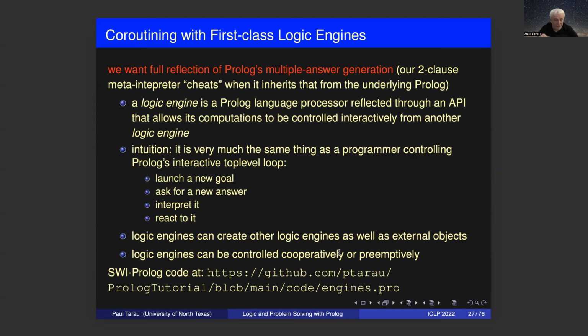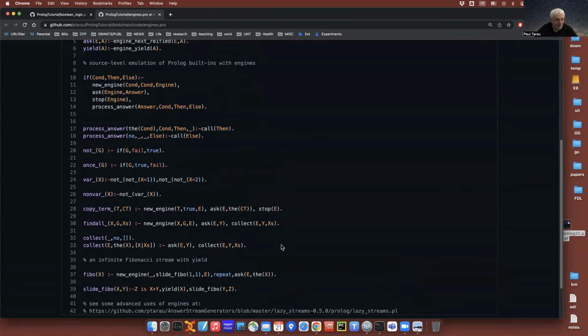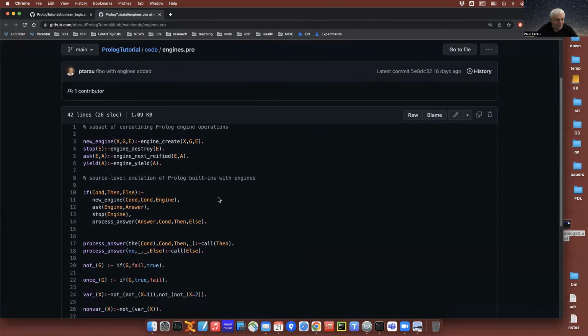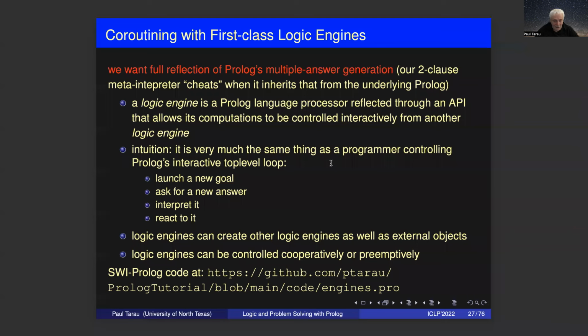Logic engines could create other logic engines as well as interoperate with external objects, and then they could be controlled cooperatively or preemptively. This is the link to my emulation of engines with a slightly simpler language than the corresponding constructs in SWI Prolog, where this has actually been implemented. So now let's take a look at